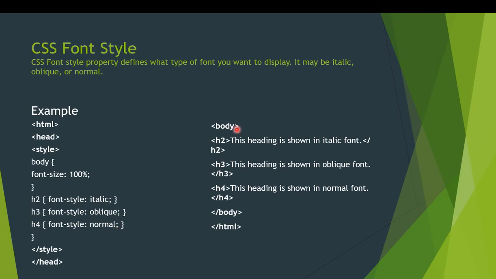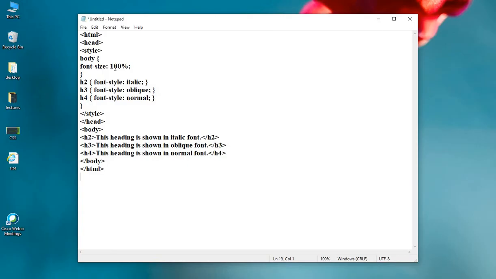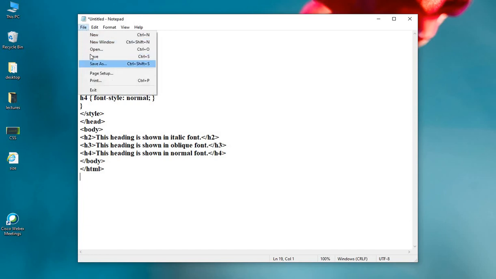You can see inside the body tag there is a heading with an H2 tag. There is a heading with the H3 tag, and there is again a heading with the H4 tag. Then the body tag closes and the HTML tag closes. Let's again run this code on Notepad. You can notice the same code over here. Let's save the file.